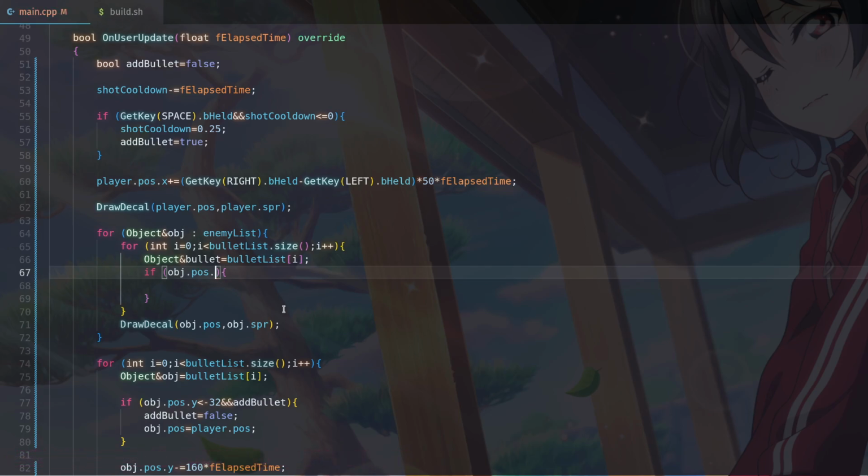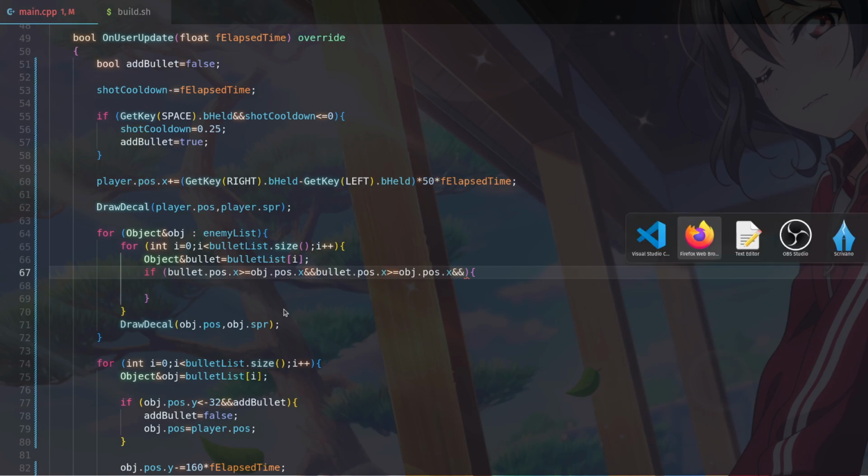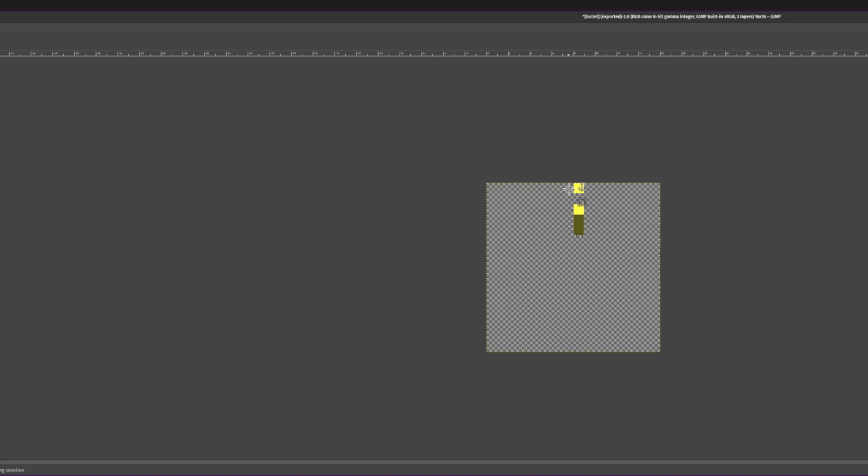If the bullet, I like to do it this way. I like to check the bullet's position relative to the enemy. If the bullet's position is greater than or equal to the enemy's position X, and the bullet position, ooh, I didn't think about this. It's in the middle, isn't it? So let's add,